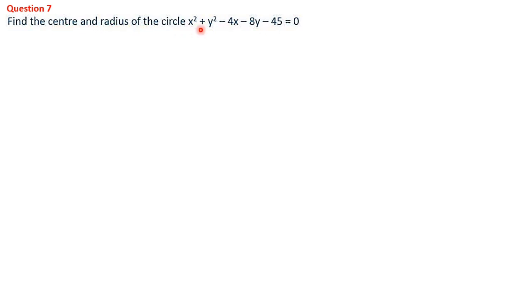We have to do this a little bit differently, so you have to be careful till the end. Let's write the given equation: x square plus y square minus 4x minus 8y minus 45 equal to 0. Now we are going to group it: x terms together, y terms together, constant to the right side. So x terms together, x square minus 4x. Then y terms together, y square minus 8y. The balance is minus 45; bring it to the right side, it comes as plus 45.